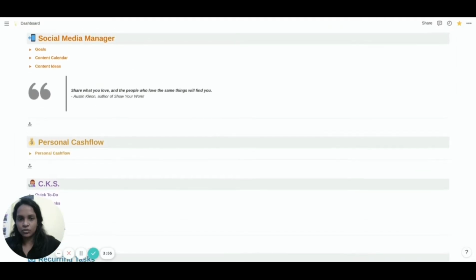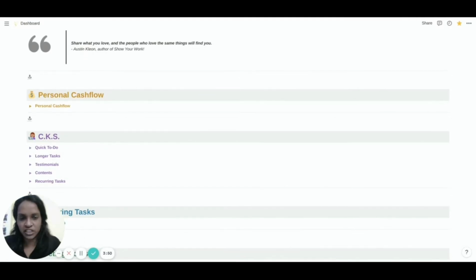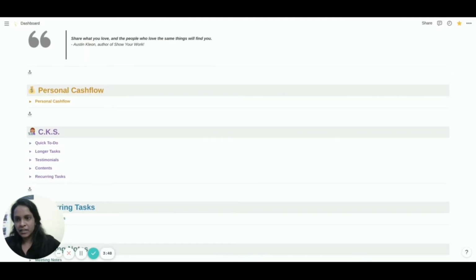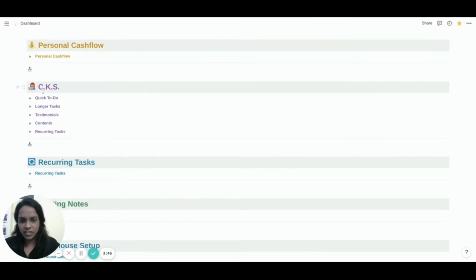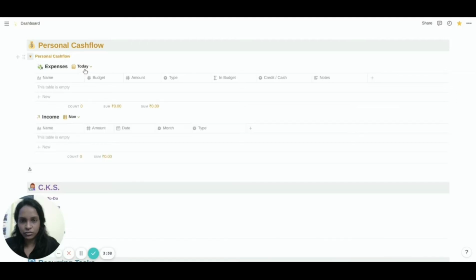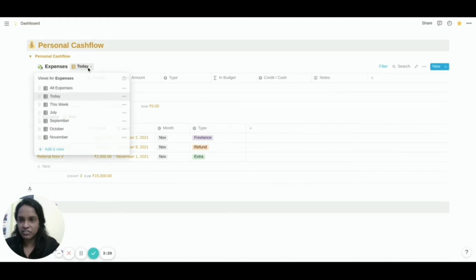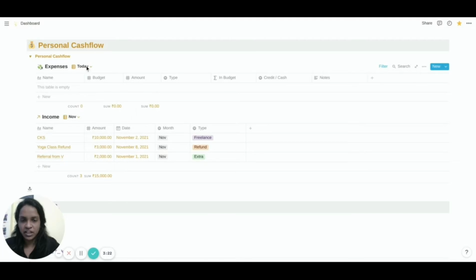And next, I added a quote just to break the monotony from the book Show Your Work by Austin Kleon, which I recently read. Moving on, next one is personal cash flow. In this section, I track my budget, or rather, I try to. Again, I keep the filter selected for today's date here also, ideally to add expenses on that day itself. But if not, I can always switch to another filter and update the expense. Let's say maybe on the week I can select and update the expense.